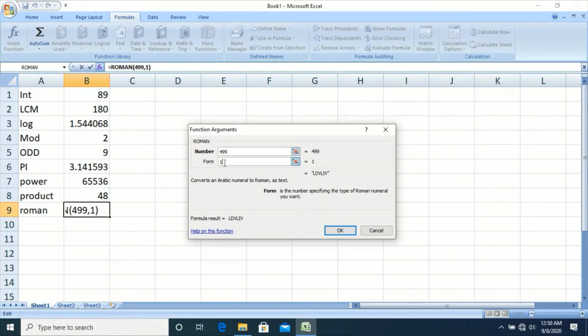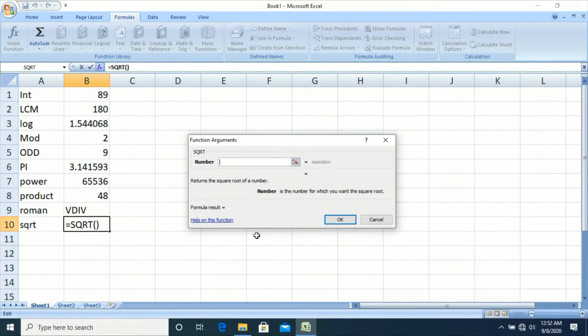If this number is increased, the value will be represented in more concise form. For example, if 2 is given, the same 499 will be represented as XDIX. This is how form can be used.